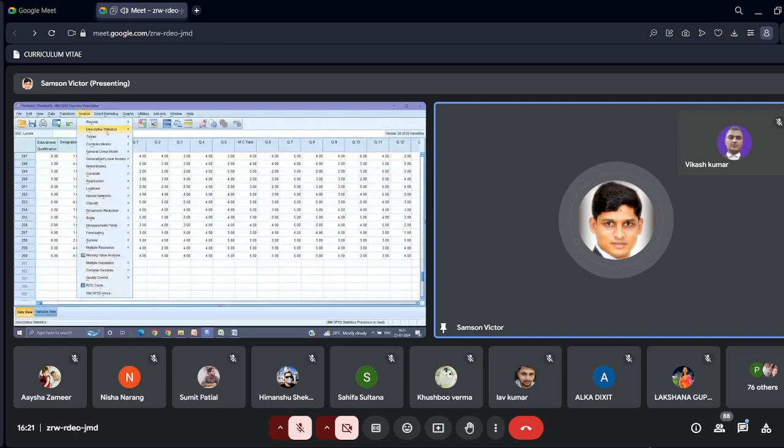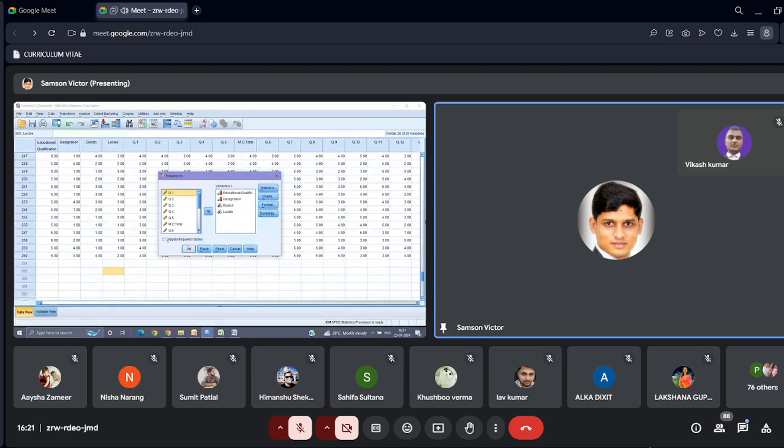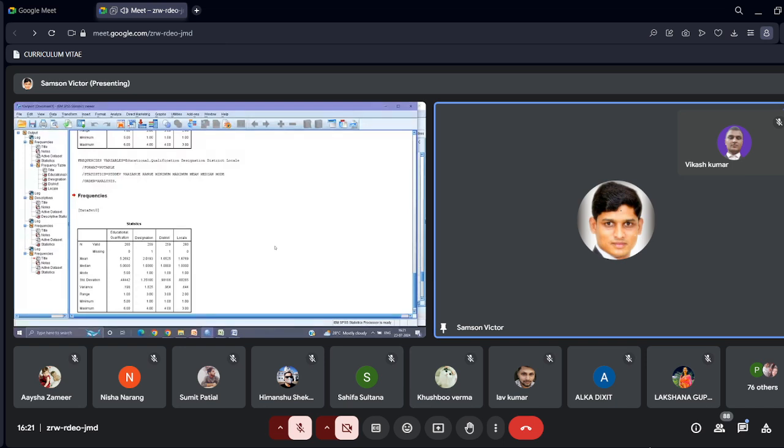अभी चेक करेंगे, आपको पता चल जाएगा। आप देख सकते हैं इधर, what is the valid number of n, is number of sample. वैलिड कितना है? एजुकेशन क्वालिफिकेशन में 260 है, डेसिग्नेशन में कितना है? 259 दिखा दे रहा है आपको। कितना होना चाहिए? 260। तो एक को क्या हो गया? मिसिंग है सर।